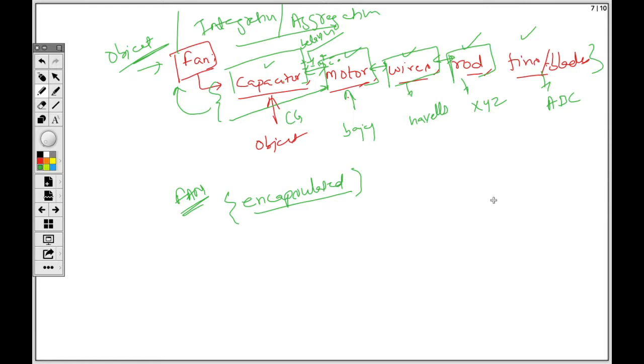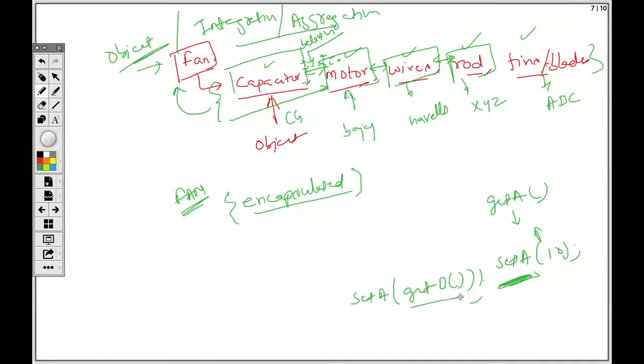Whatever functions we have, like the example which we have seen previously, getA is the behavior by which I can get some values, and setA, I can pass in some values. So these are the behaviors, these are the connecting nodes by which all of these objects communicate with each other. Suppose I say setA after getting B. This is some other behavior of some other object.